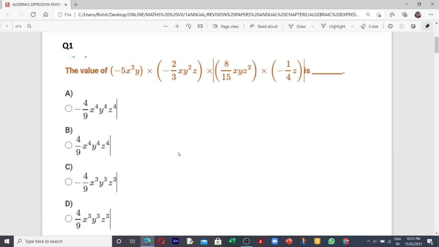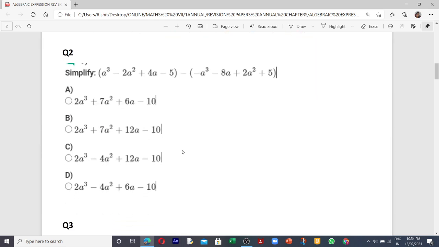Now let's move to the next question, but before going to the next question, I suggest you write the question number on a separate page and its respective answer, A, B, C or D. Like question number 1, A, and this answer is correct, or question number 1, B, this answer is correct. In that way, write down separately. On one page you are doing the rough work, and on a separate page write down the sequence of questions along with the answer.